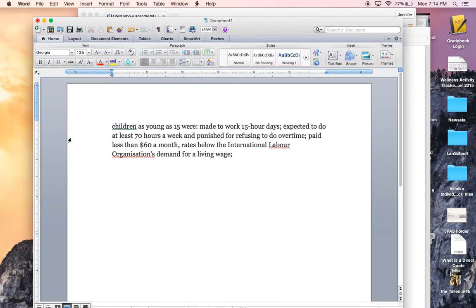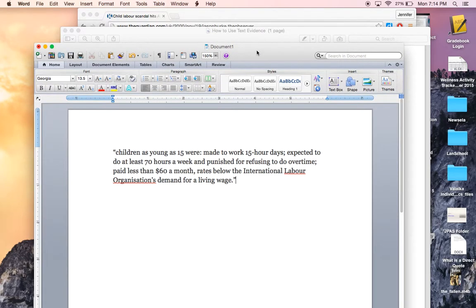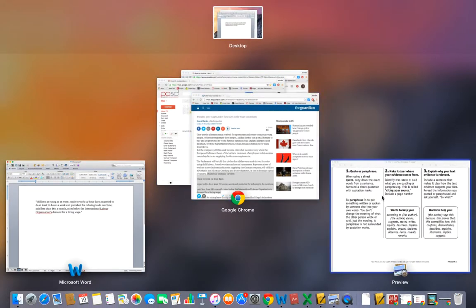Okay, and this is a quote, so I need to put quotation marks around it. Now, I need to cite my source, meaning I need to tell my reader where I got this evidence. And in this case, I'm going to use an in-text citation. So this is what that looks like. When you use an in-text citation,